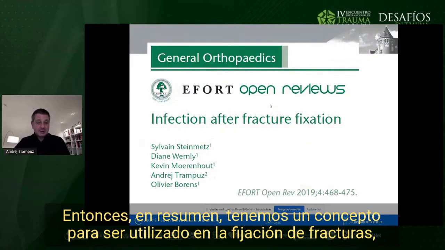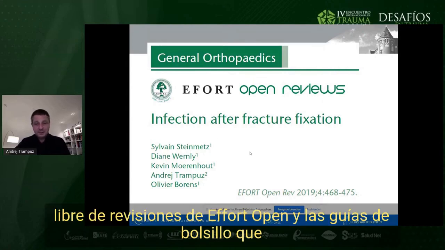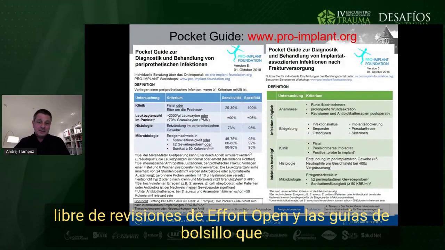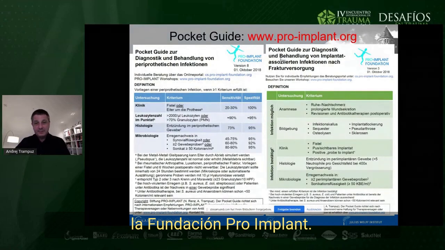So in summary, we have a concept to be used in fracture fixation, and this article is a nice review and can be downloaded for free from EFORT Open Reviews. And the pocket guides, which I mentioned, can be downloaded for free from the website of the Pro Implant Foundation,